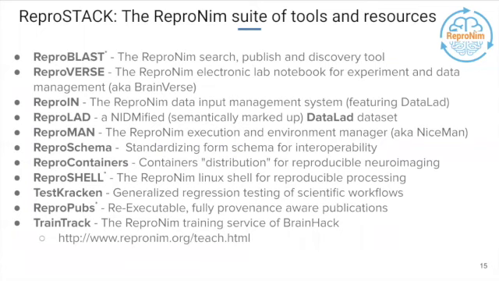So ReproNim itself, therefore, in addition to some of the existing tools in the community, is working on tools that facilitate various elements of the steps that we would like people to take better control of for themselves. There are search and discovery tools. How do we find publications? How do we find data from the various data repositories and publication repositories? How do we mark up our data from the get-go with proper semantics?